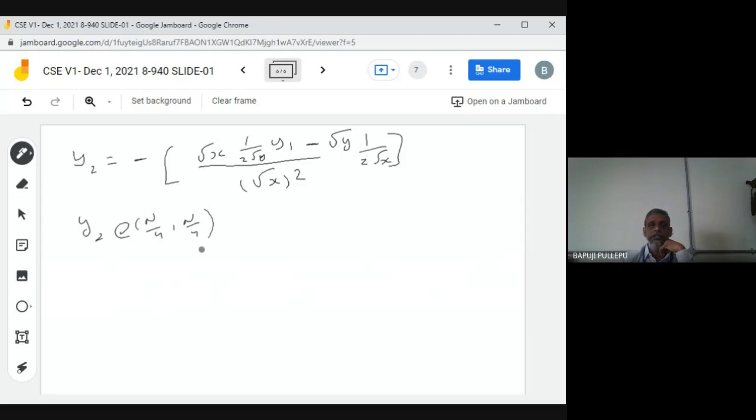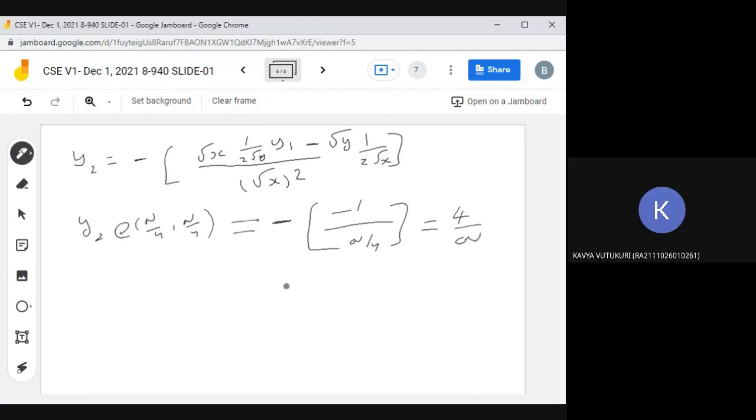So this numerator is equal to, can you tell what I will get? Minus 1, minus half, minus half, minus 1. Are you agree? Yes, sir. Very good. So I'm skipping the steps. Divided by the denominator, x is equal to a by 4, so root a by 4 whole square means a by 4. Correct? Yes, sir. So total value is equal to what? 4 by a. Are you agree? Yes, sir.